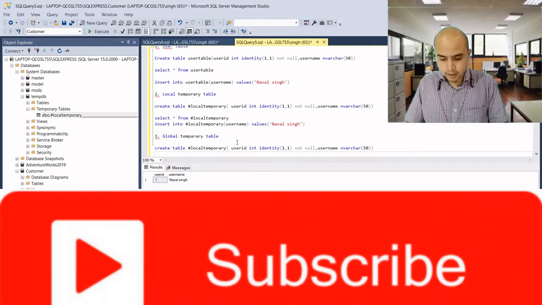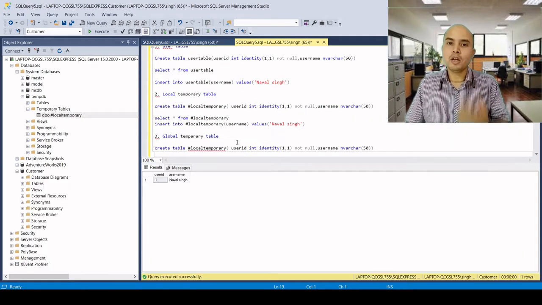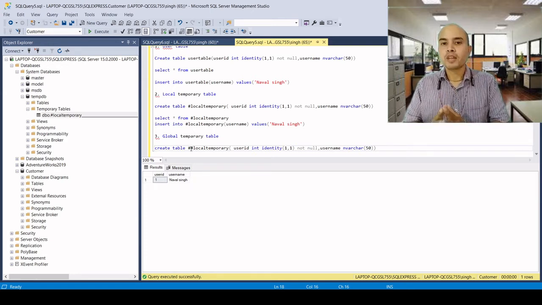A global temporary table is the same as a local temporary table, and it is denoted with a double hash. Basically, a global temporary table can exist in other sessions too.